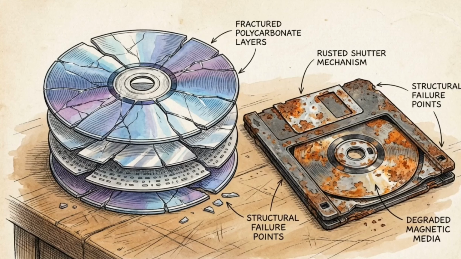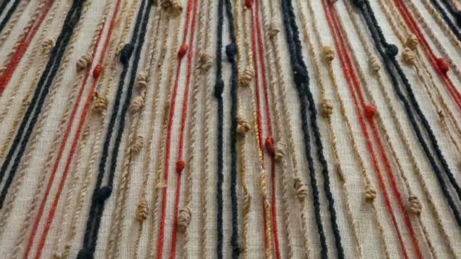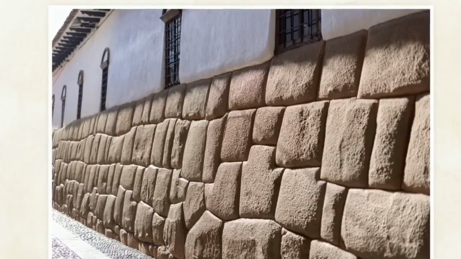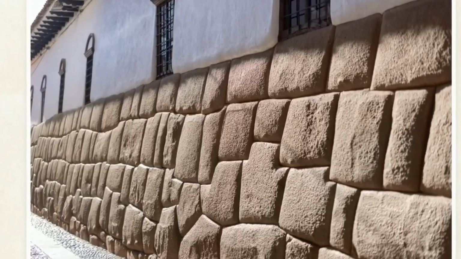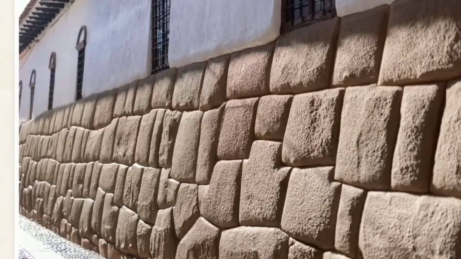Modern digital code is fragile, often requiring constant migration to survive a decade. This physical code has survived 600 years. The Inca wove executable code into the very fabric of their empire, creating a record-keeping system as durable as the stone of their cities.